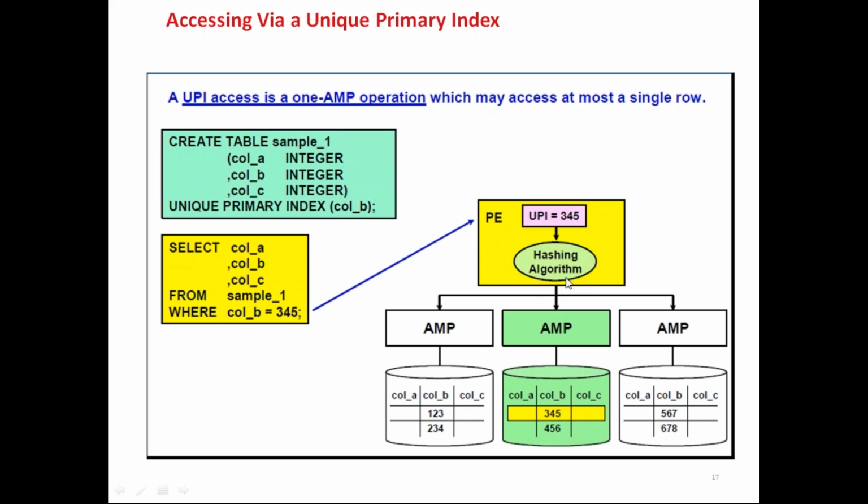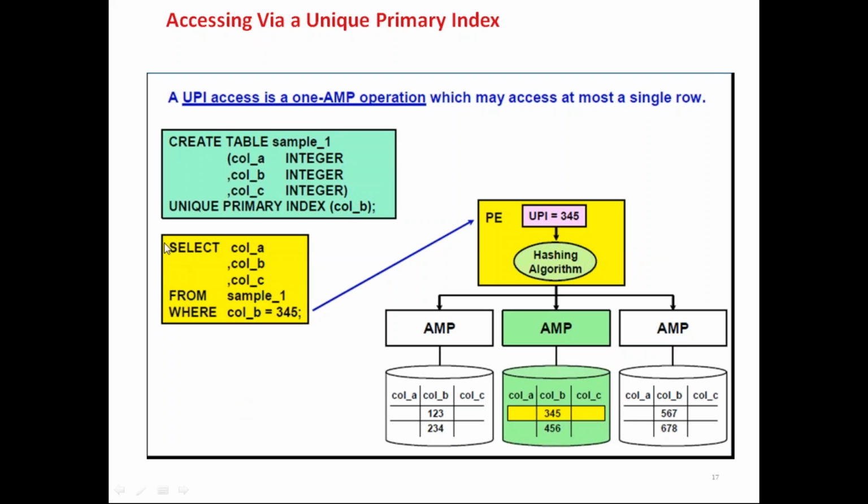As the hash values are different for each and every row, because it is a unique primary index, it won't allow duplicates. So the values are unique, so the hash values are unique. In a round robin fashion, it has generated the hash values so that each and every row is distributed across different AMPs. So an even distribution happens.